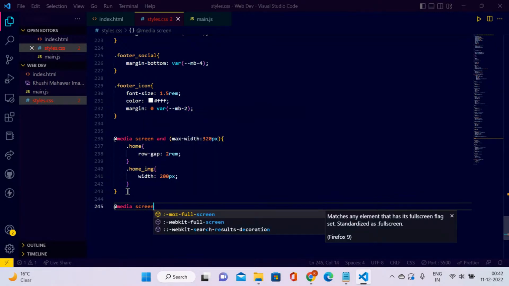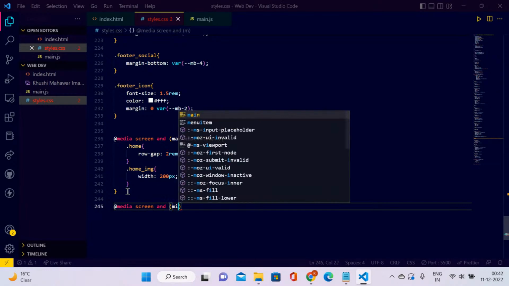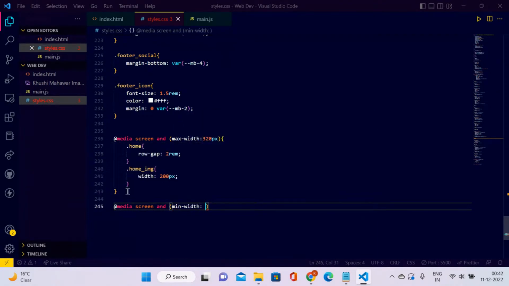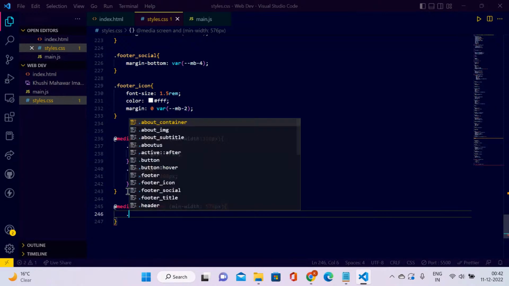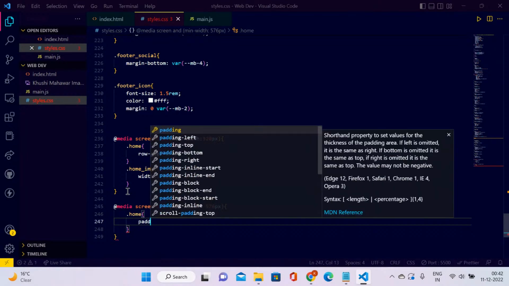So you can create media queries for different dimensions. Here I created it for 320 pixels and lesser than that, and to create for greater than that, I can use different values of dimensions. For example, if I want to create it for 576 pixels and greater than 576 pixels, I'll create it over here. So let's add padding